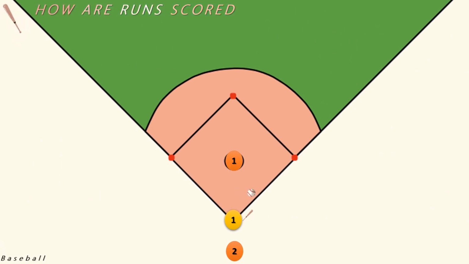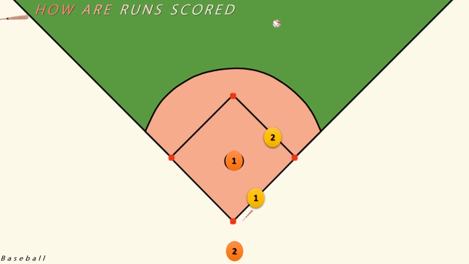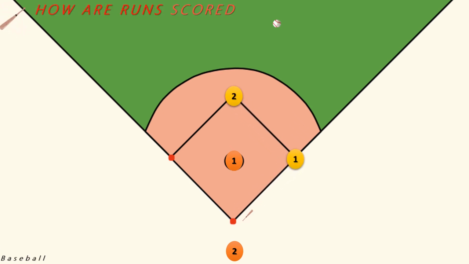When the batter hits the ball into the fair area, he has to run to the first base. At the same time, if the batter's teammate was standing at the first base prior to the ball being pitched, he has to run to the second base because we cannot have two players at the same base. Similarly, if there was a runner from the offensive team on the second base, he has to run to the third base also. If there was a runner at the third base, he has to run to the home base.